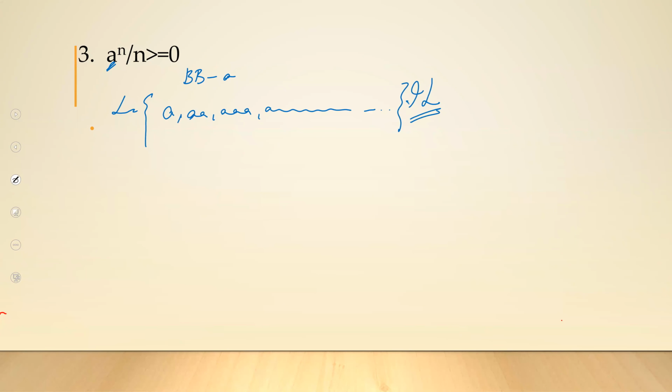Now, whenever you need to denote infinite languages, you go for this kind of production rule. When you want repetitions like a raised to n, you will be going for something called a recursive grammar. I'll just write the grammar over here and then show you how I get it.